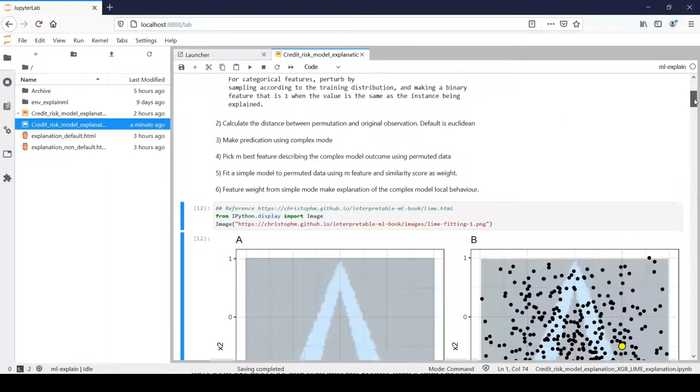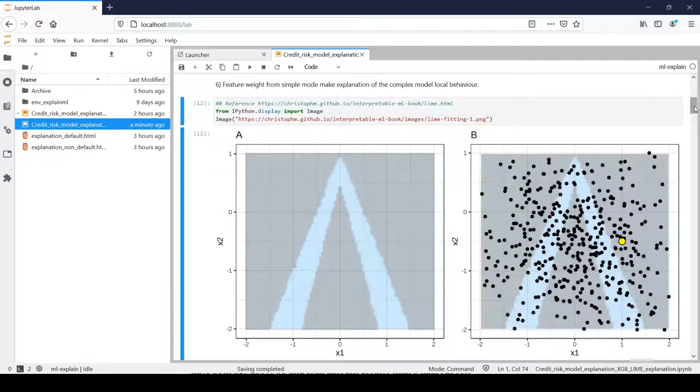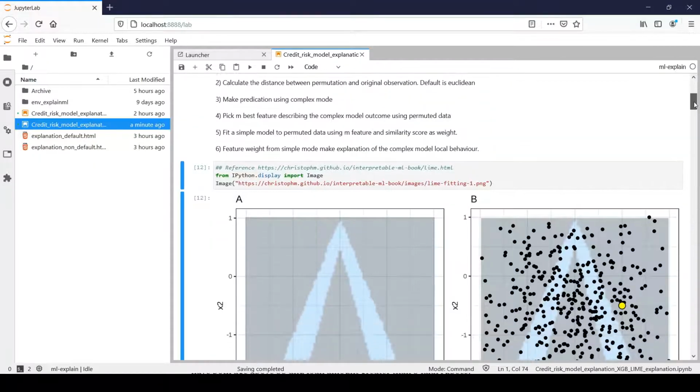LIME uses the training data distribution for numerical or categorical features and generates data based on that. You can clearly see that it has generated lots of black dots around my yellow instance, right? Using these black dots, we'll see how LIME utilizes this fake data for explaining the model output. So that's the first step.